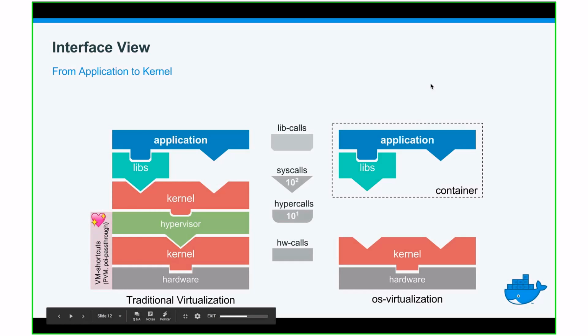And on the right-hand side, we see containerization or OS virtualization, and it's just like that. So you have an application, and maybe you have some libraries, and they talk directly to the kernel. And that's it. So that's a container. And you have multiple of those, and they are all within their own user land, and they are all free to do whatever they feel right. And the good thing is, best practice is to have only one process within the container, and by doing so, you can get rid of all the garbage you do not need for this process to work. So if you have Ubuntu, you don't need systemd, you don't need this, you don't need that, so you can clean up a lot of stuff.